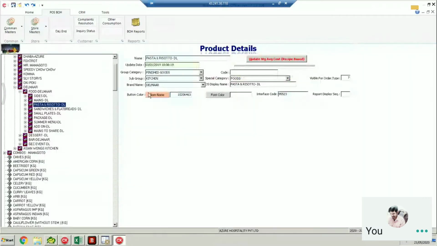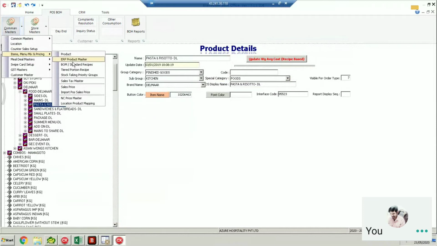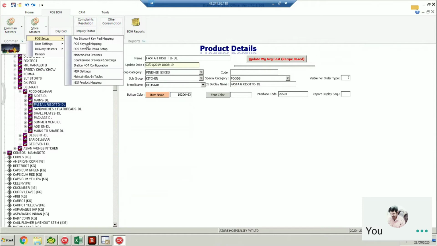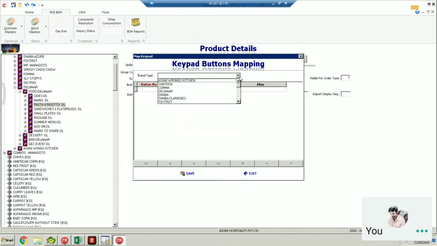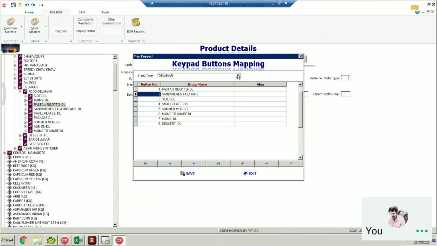So when I do the menu management, here you can see the menus.